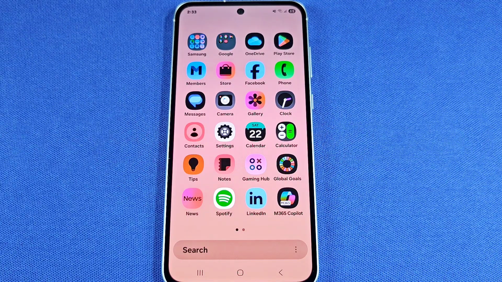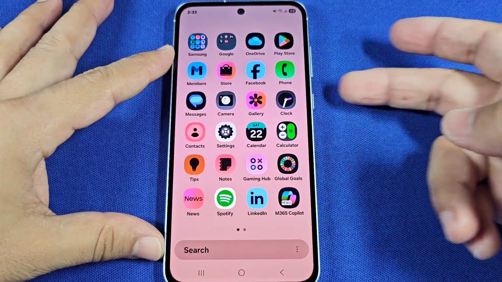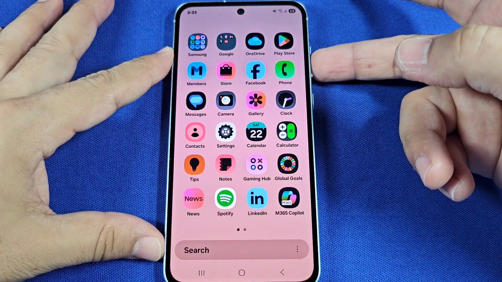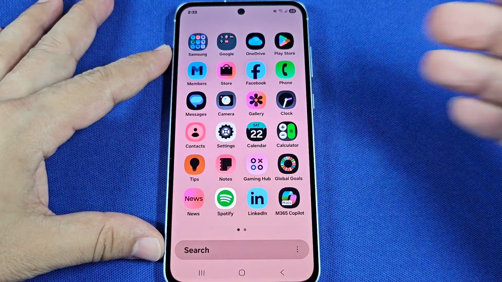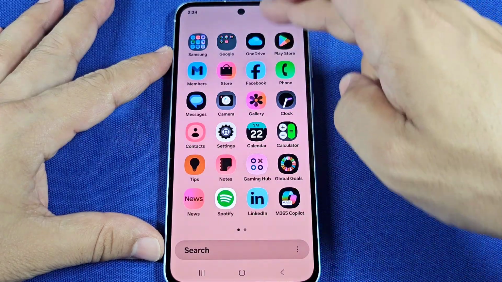So the first thing you can always try when this happens is holding down the volume keys of your Samsung phone, both up and down. Hold them down together at the same time for 3 seconds and see if that works. If that doesn't work and you're still getting these inverted colors, then go ahead now into the quick access